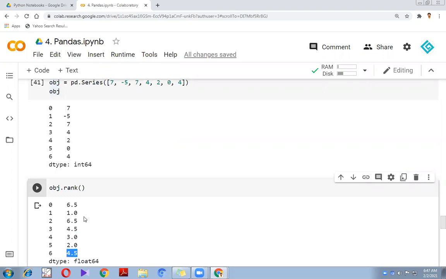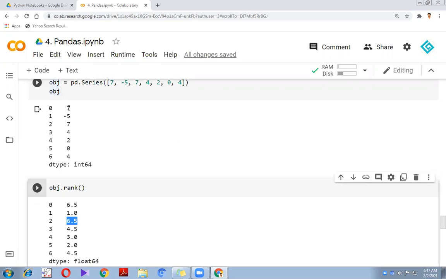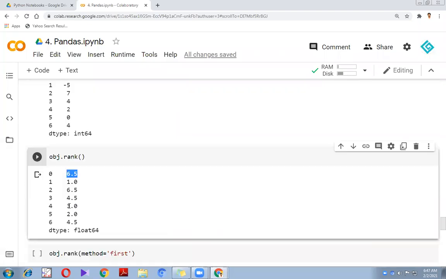Then after 4.5, the next rank will be 6. So like 7, right? The 7 value is again repeated. So 7 is also a case of tied rank. After 4.5, the ranks should be 6 and 7, but instead of 6 and 7, it will be the average of 6 and 7, which is 6 plus 7 divided by 2. So to this 7, which is index 2, we give 6.5 ranking. And to this other value 7 we give 6.5 ranking, right? Got it? This is called tied rank. This works in statistics, okay? Got it? Is the concept of tied rank clear? Can you please write in the chat box if it is clear? Okay. Now,